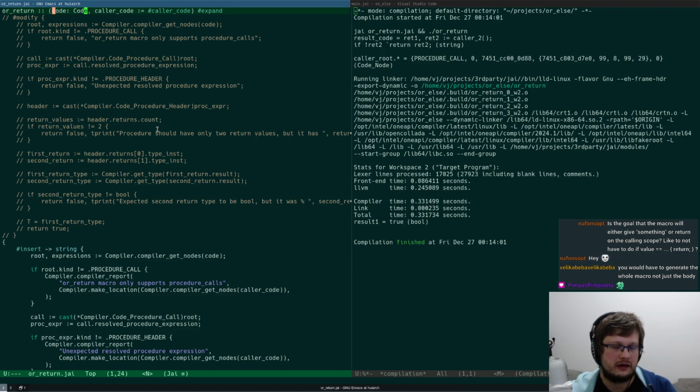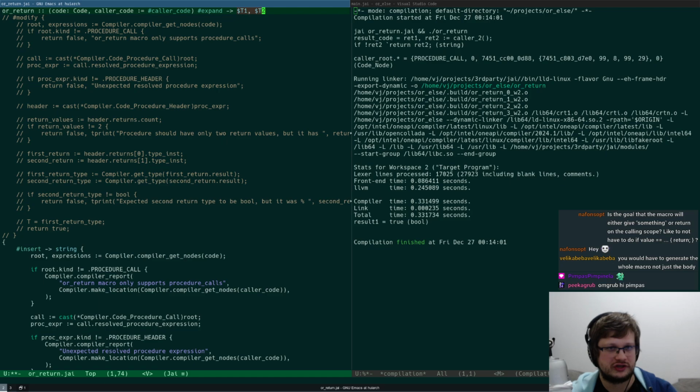I would have a template for the macro like that, and then I would have to generate this part in an outer metaprogram, like in a compiler event loop.